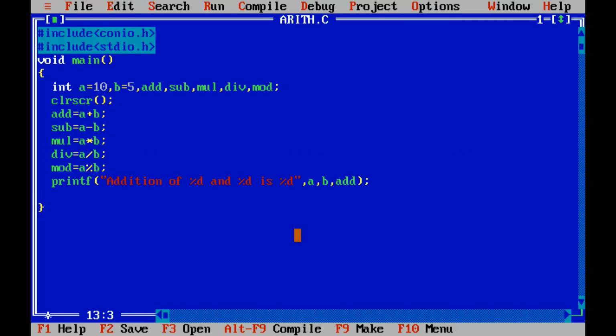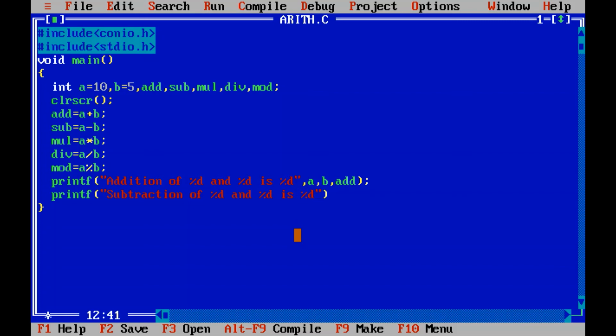Then I'll write all the output statements. So printf, this one is for the subtraction, of %d and %d is %d.